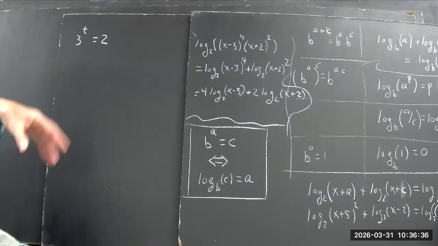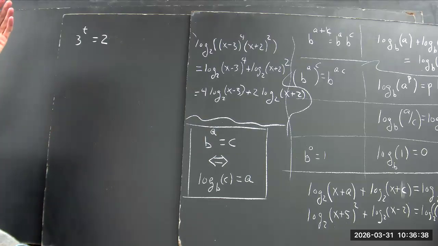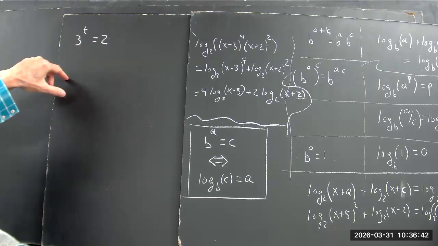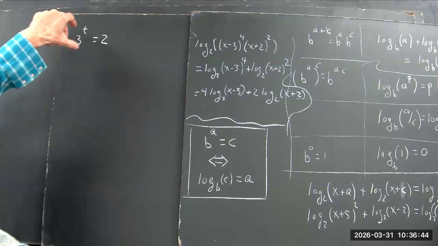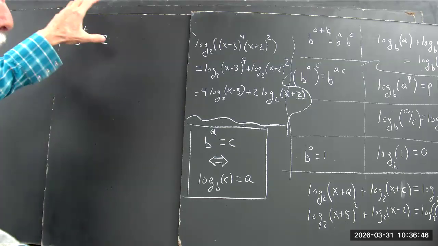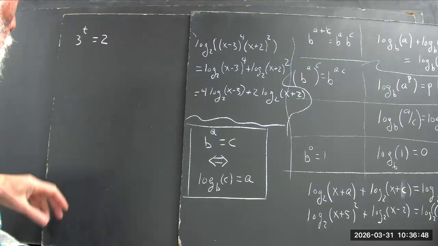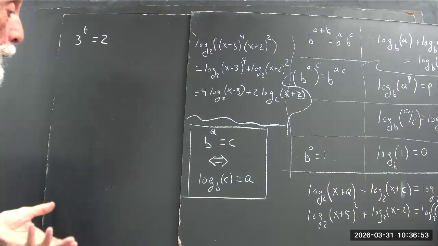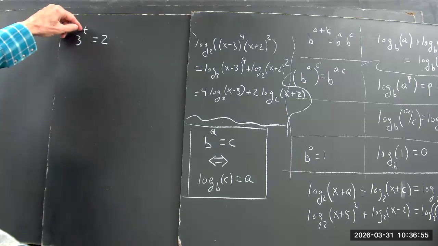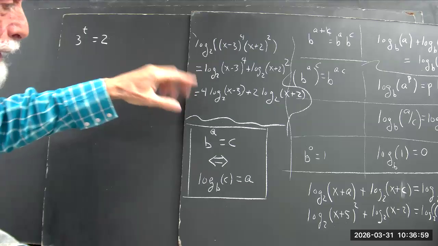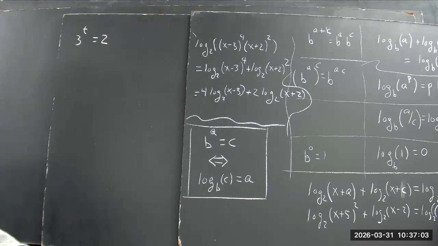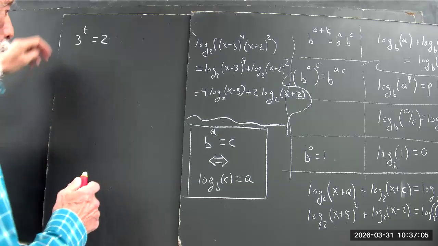Okay? If you try to divide by 3, well, if you divide 3 to the t by 3, you divide 3 to the t by 3 to the 1, which gives you 3 to the t minus 1. You still got a t up there in the exponent. You could try subtracting t from both sides, but the t in the exponent is not going to be affected by subtracting t from the 3 to the t expression. Well, what you do is,